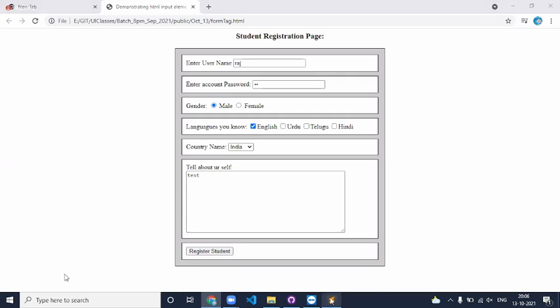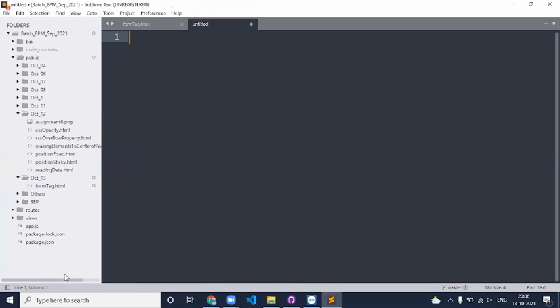Now, whenever you want to read the data and send it to the server, we have two ways. The first way is using the form tag. There is a predefined HTML tag, which we call the form tag, responsible for reading the data and sending it to the server.